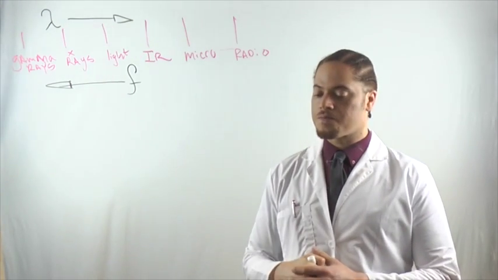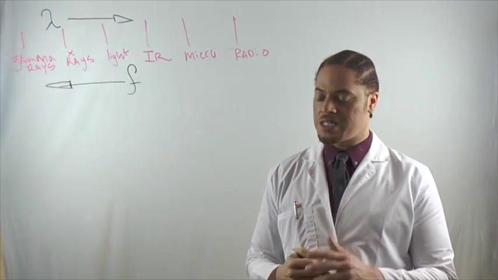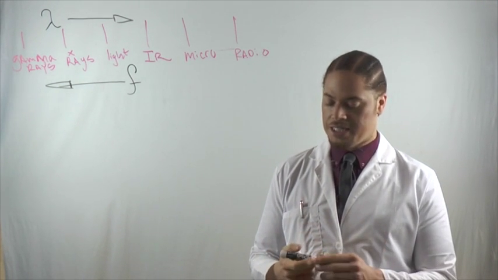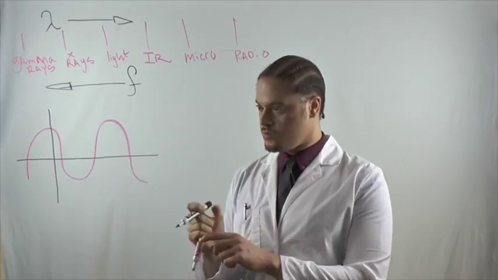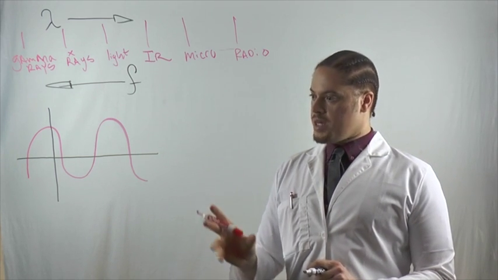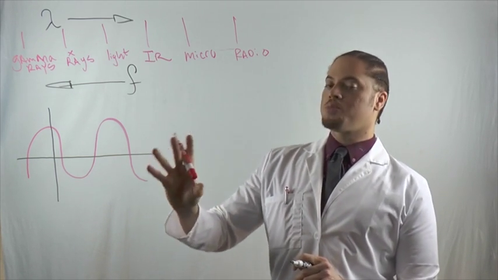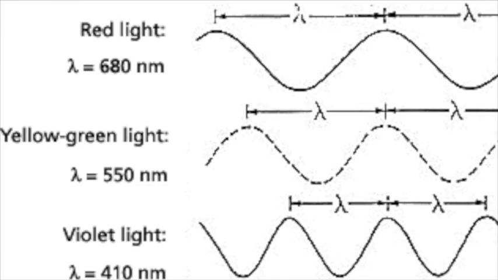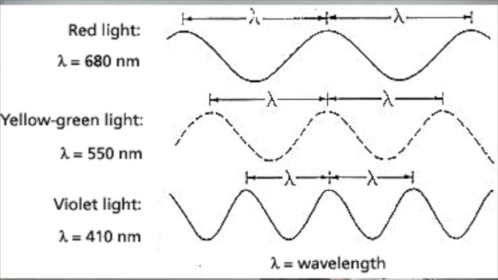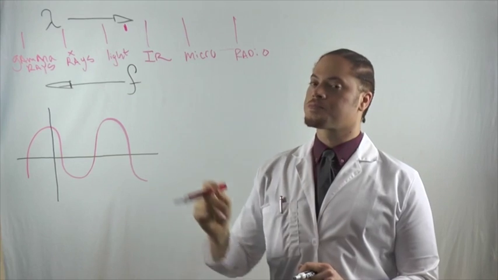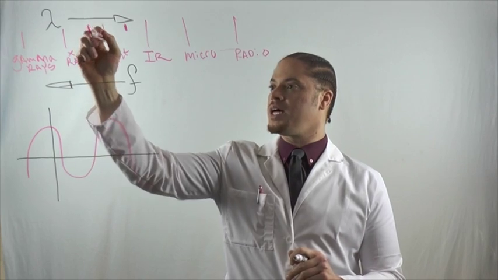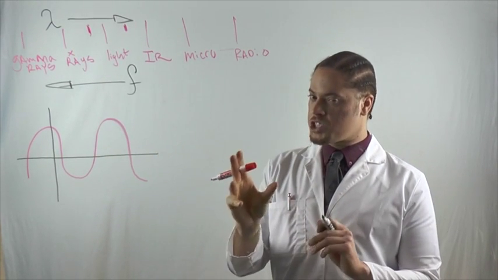Something can have the same frequency but different amplitudes. We will perceive this as more or less intense. Let's consider 2 different waves with the same frequency. This is electromagnetic radiation that happens to be at a frequency that emits the color red. Red is somewhere around here on the visible light spectrum as opposed to blue light or ultraviolet light, which has a higher frequency. But considering the color red,